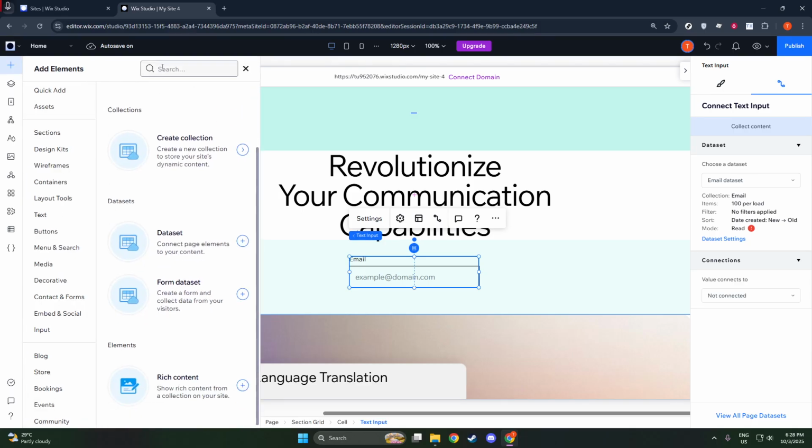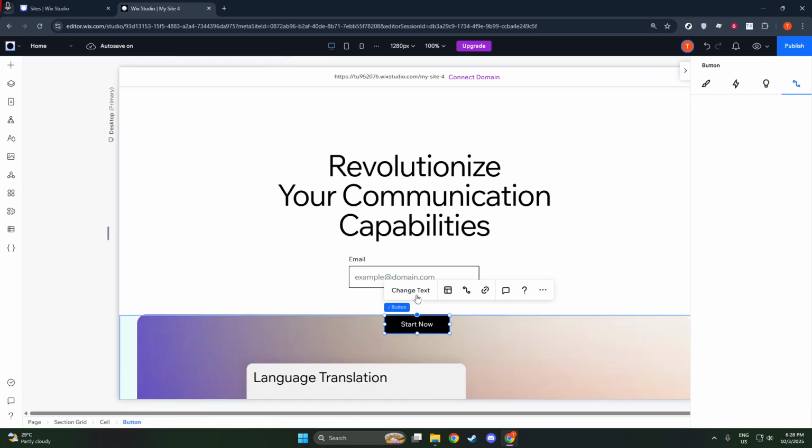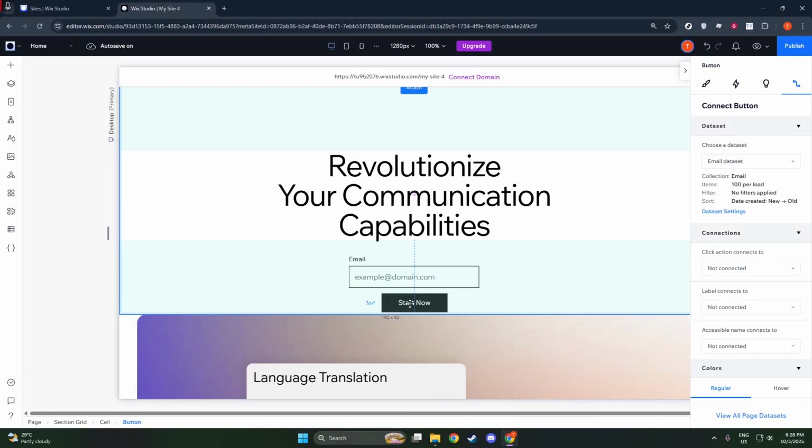You're now equipped to effectively gather user input using Wix Studio. With these steps, you've successfully created a way for users to interactively engage with your site and for you to receive and